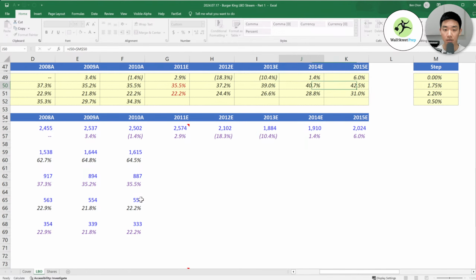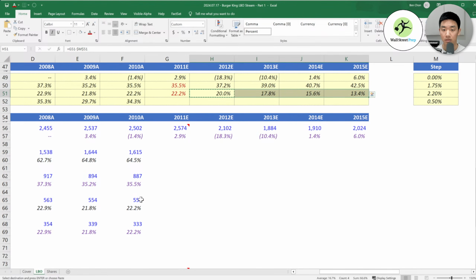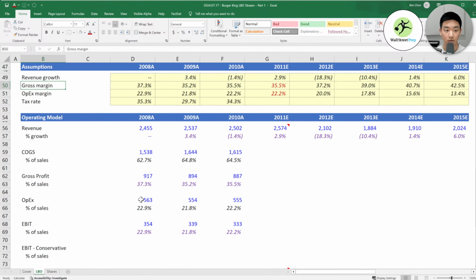Okay, I also did this wrong. Our gross margin should be increasing over time, while our OPEX margin should be decreasing over time because it should be improving. So our OPEX margin is decreasing over time to 13.4%, and our gross margin is improving over time.